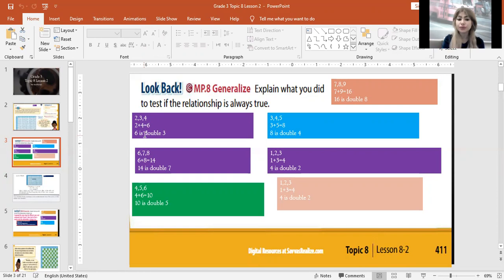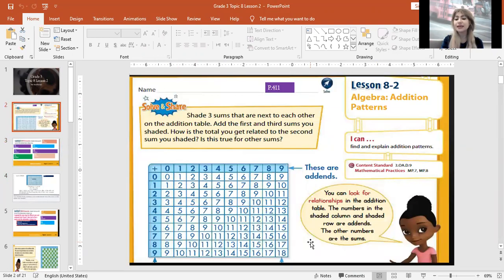So 2 plus 4 equal 6. 6 is double 3. 6, 7, 8. 6 plus 8 equal 14. 14 is double 7, and so on. So you can write all these numbers and also draw this table and explain for us like, hello, my name